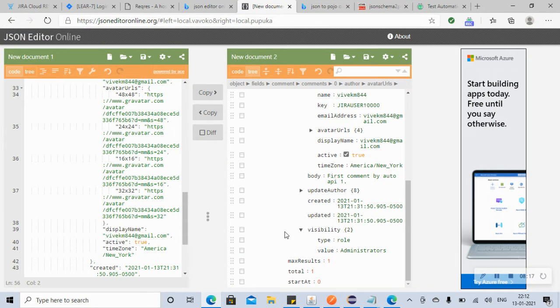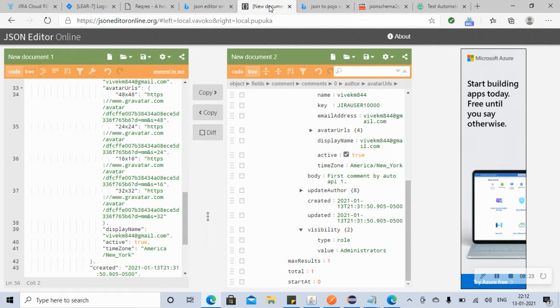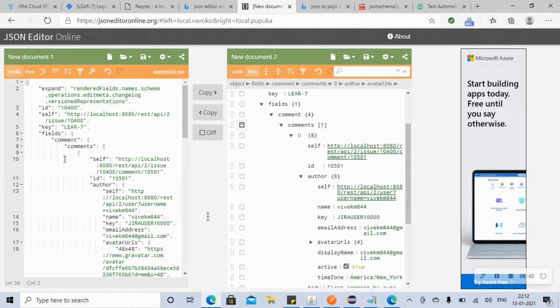So if you go here and let's find out that comment part. Okay, so inside this comment, so we have comments, right? So the fields, inside the fields class we have the comment class.